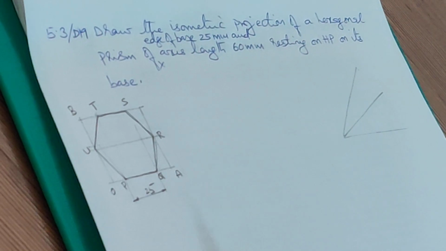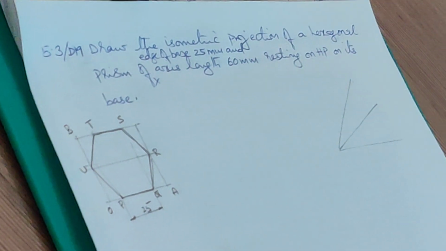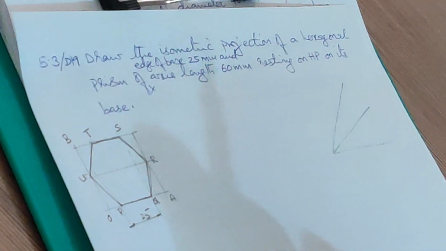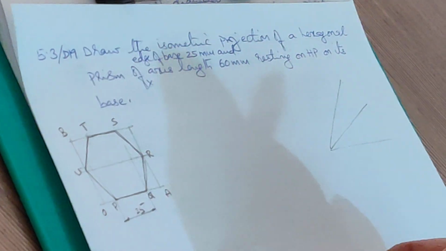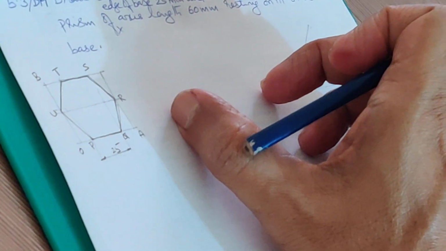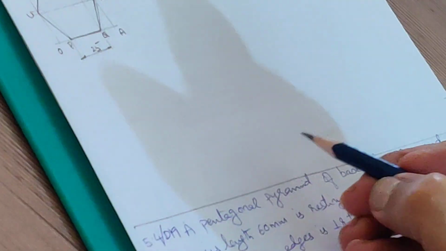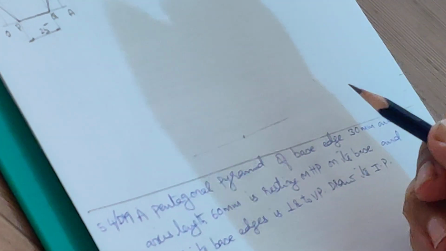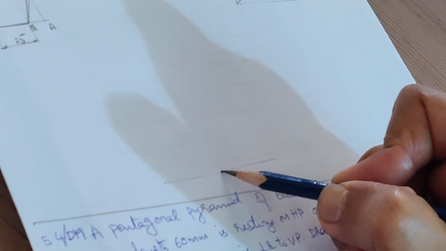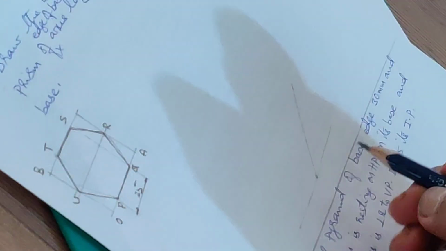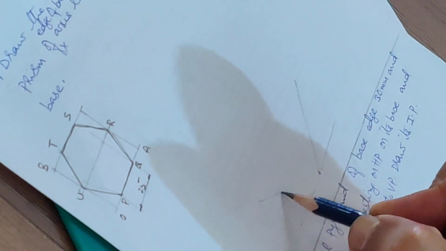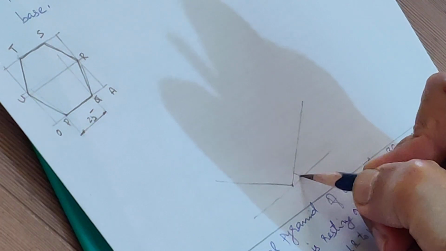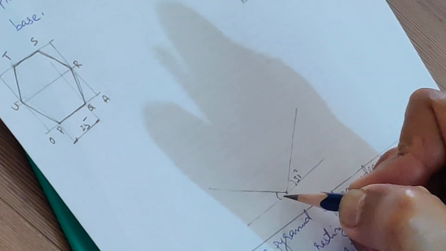Yes, now I am going to draw the isometric projection of the prism. For that, we will be starting with the base first. So base somewhere here you can start and leave some space here for drawing the top face. So I will start with the bottommost position. The base is on HP. So I am going to make use of both the inclined axis. 30-degree axis. This is also 30-degree. Both are 30-degree to the horizontal.